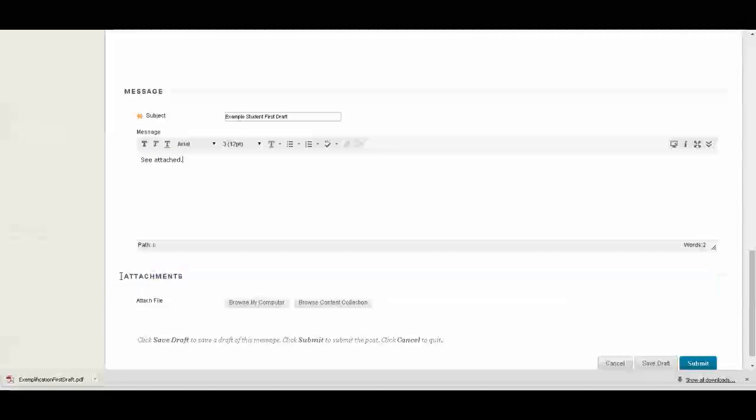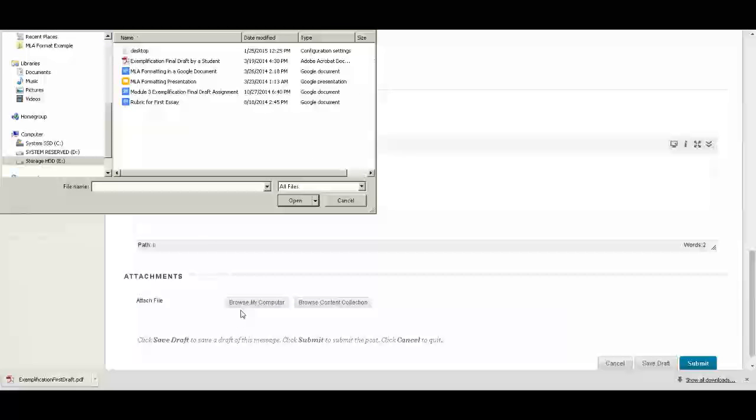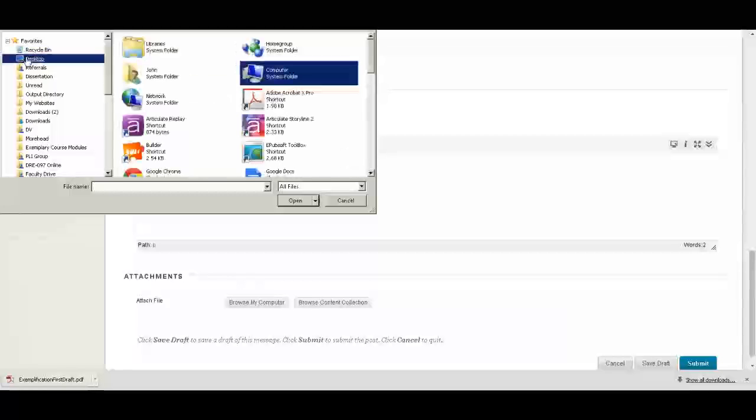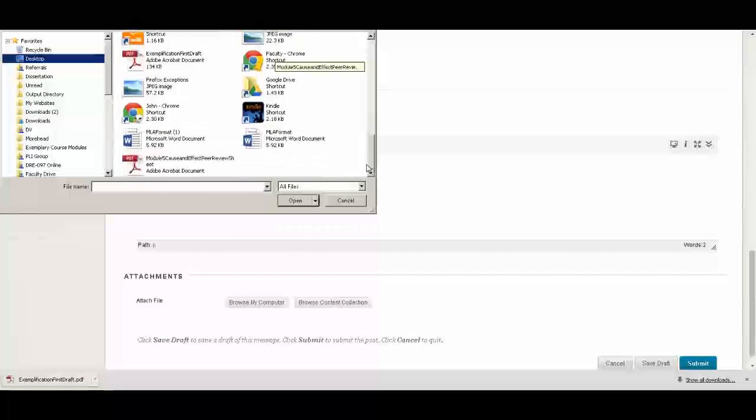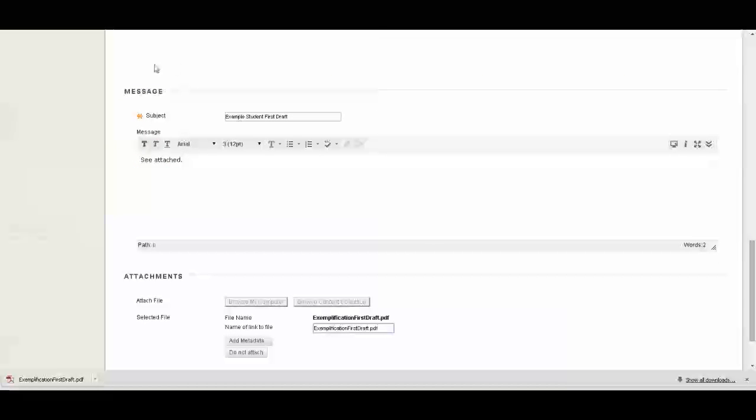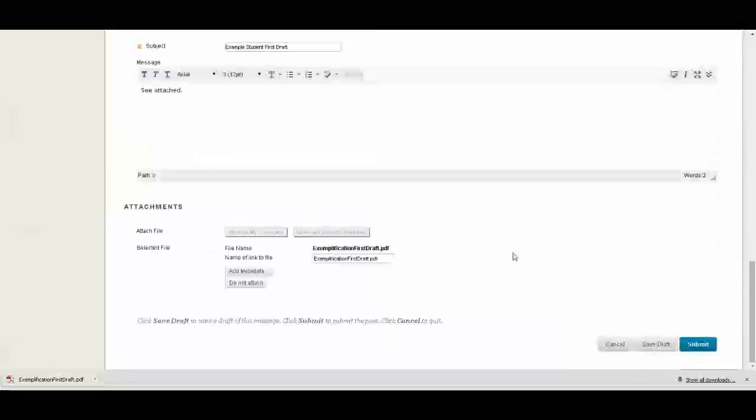Down here where it says attachments, click browse my computer, or whatever that button says in your browser. Find the appropriate file from your computer. Again, I put mine on the desktop. And then click submit.